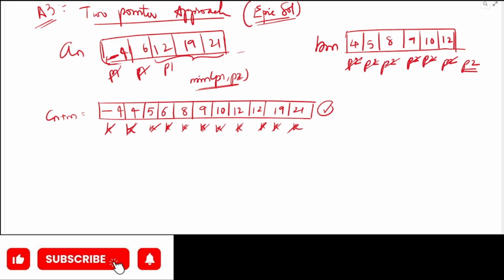Now, whatever the leftover elements, if you observe carefully, I will write one note here. So please ensure that you stick it to your mind. What is the note is,